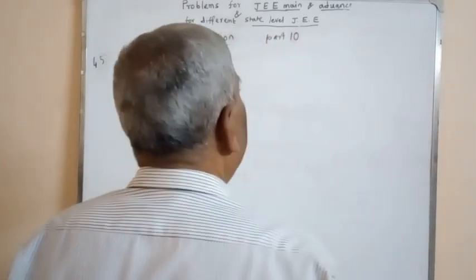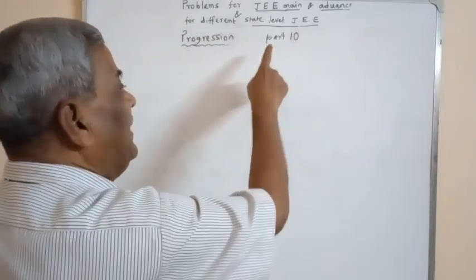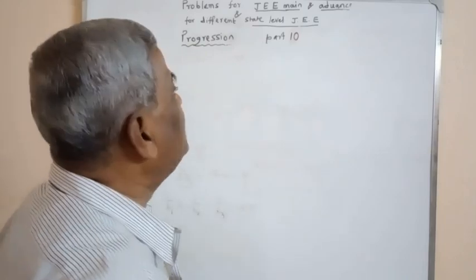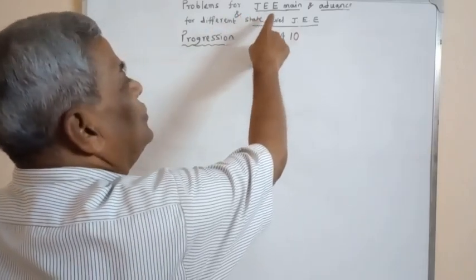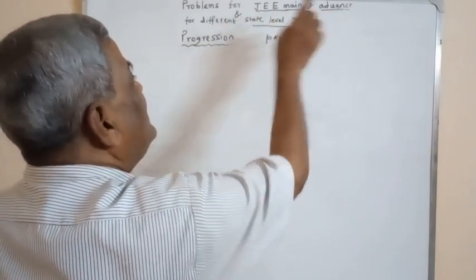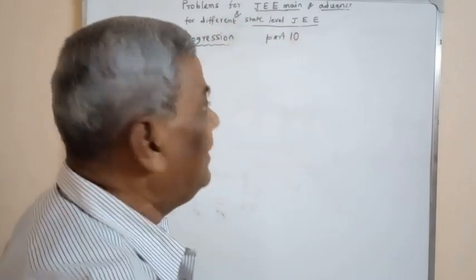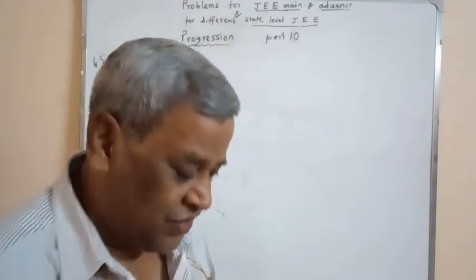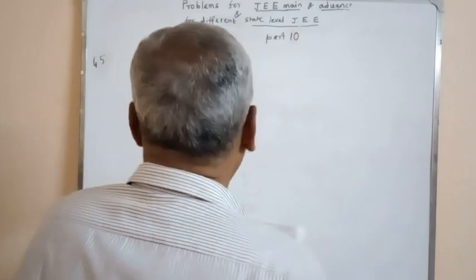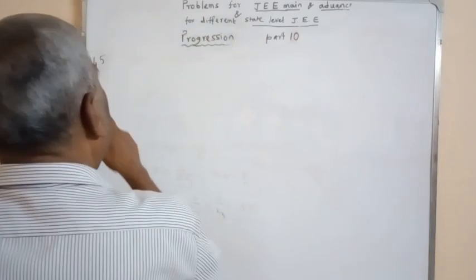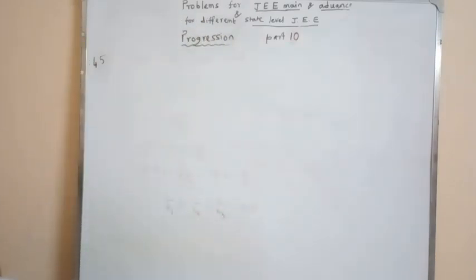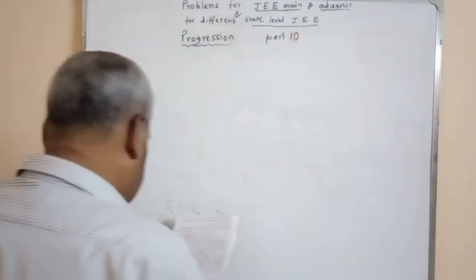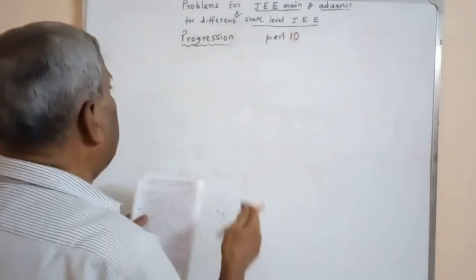Today, part 10 of the chapter Progression for JEE Main, Advanced and for different state level joint entrance examination. First problem is 45 of this chapter, and the problem is in a triangle ABC,